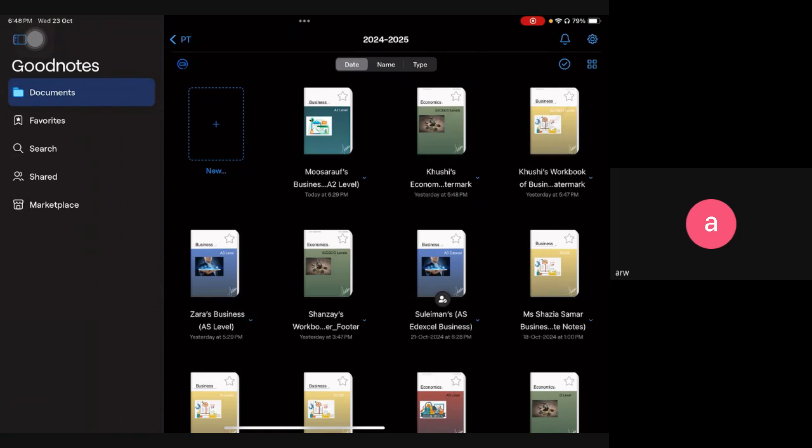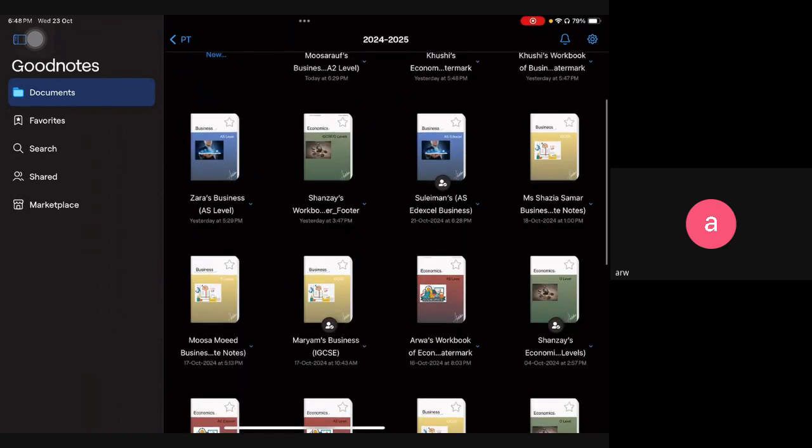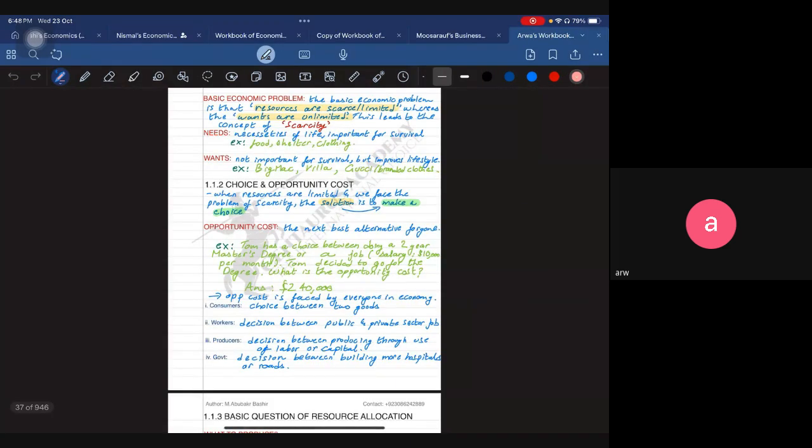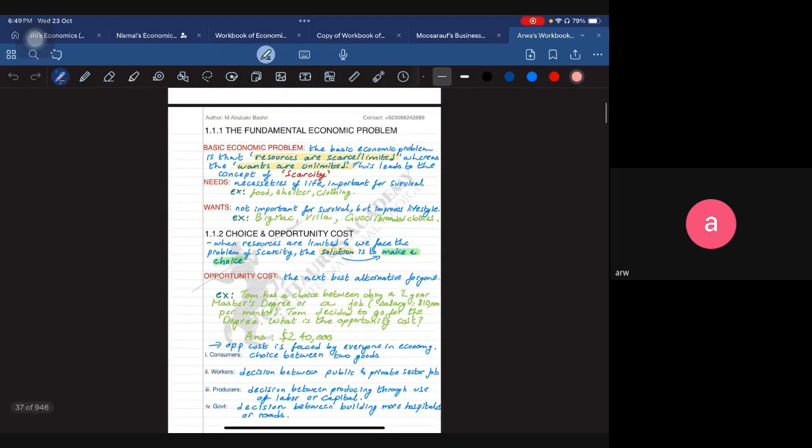What I will also do is share this workbook with you as well. You can take a print of it, that would be really great. You will have the printed workbook in front of you, and you will be doing the work. At the end of the class, just take that workbook from me and print it, and you can write in the same manner that I will be writing here. Okay, now